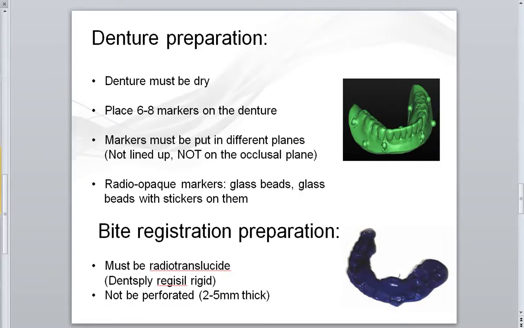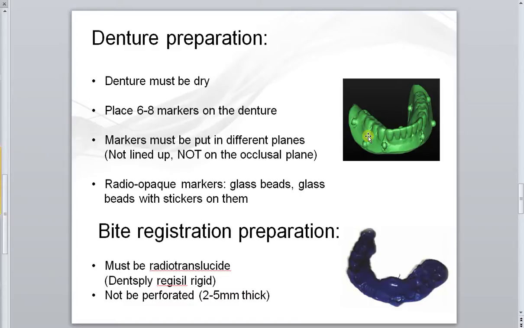Now let's take a look at denture preparation. First of all, the denture has to be dry. We have to place 6 to 8 markers around the denture, so mostly on the flanges, as you can see here in the nice image, in random spots. And the reason why it needs to be random is that our computer software will be better at positioning or superimposing both scans together if the markers are positioned in a random fashion. So no straight line, let's just place them at different heights on the prosthesis